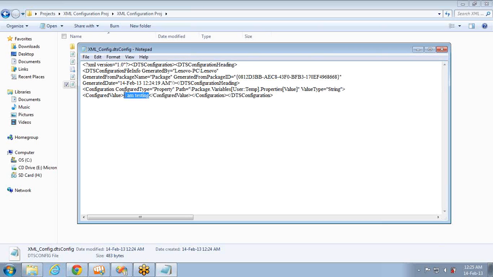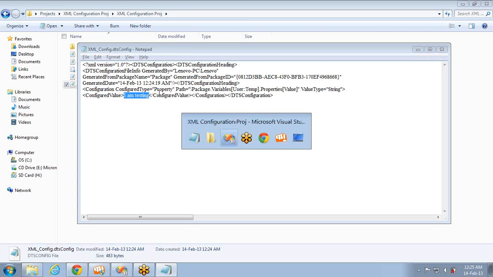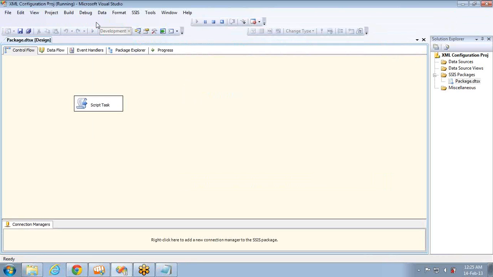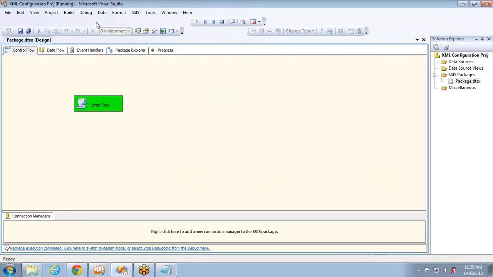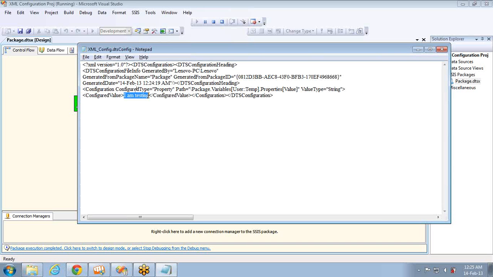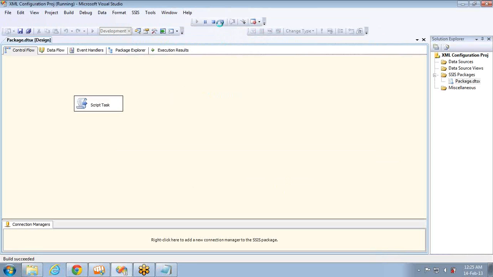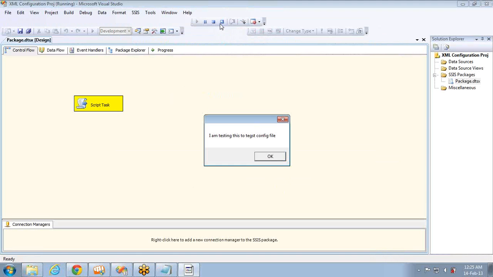So you can see this is the existing, the default value, and if I execute this package again, it will get the value from the configuration file, and it still remains the same. I'm testing, so executing fine. Let me change it. I'm changing this to test config file, and I'm saving the file. I saved it. Now let me re-execute it. Now it will go there and get the value from the configuration file, and you can see the value is